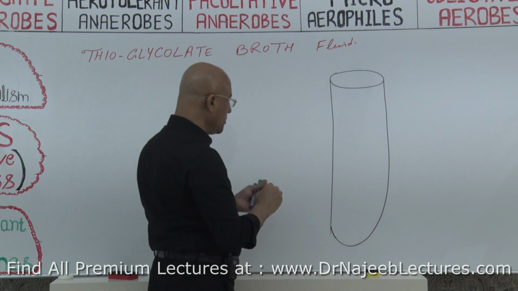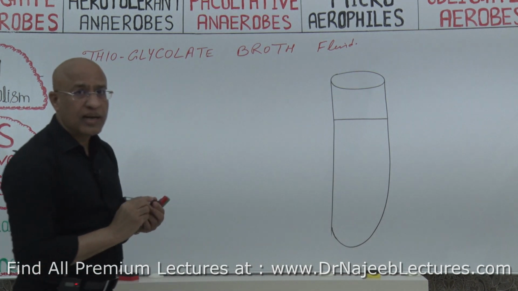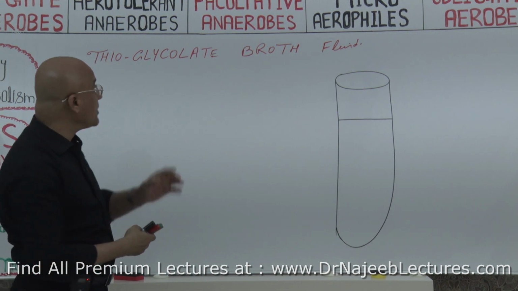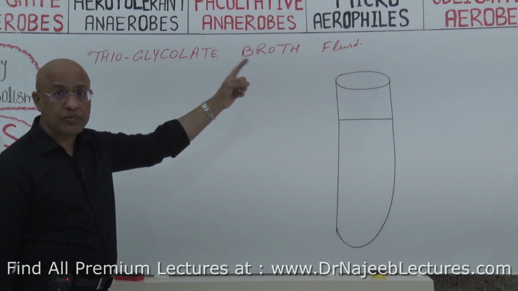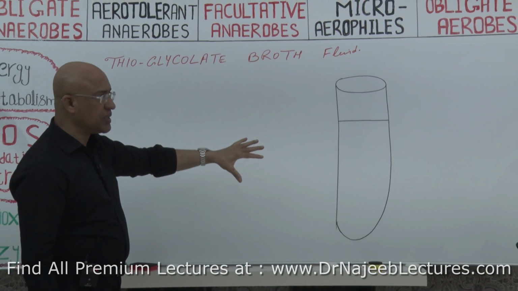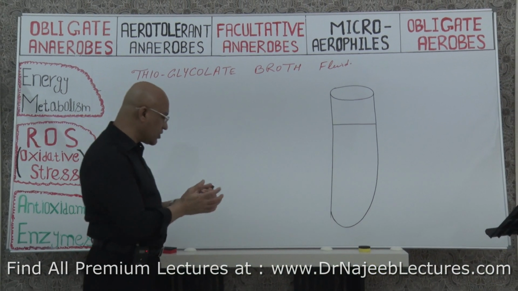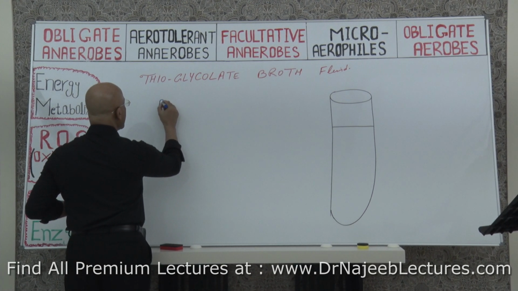Suppose this is a test tube, and we want to produce a differential culture media which helps us to differentiate these groups depending upon their behavior with oxygen, right? We need a special type of culture media. And what is this? First of all, this should be a nutrient. It should have broth